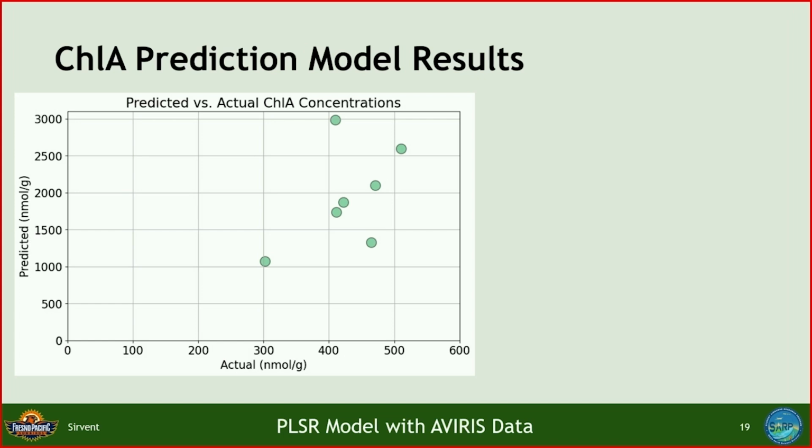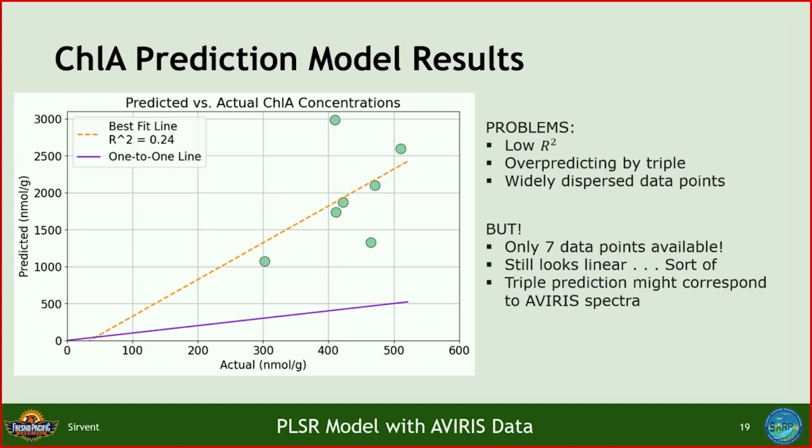If we plot the 1-to-1 line, we would expect our model to have all of the points be perfectly lined up with that 1-to-1 line. But if we plot it, we notice that the line of best fit, as compared to the 1-to-1 line, which is purple, is about 3 times different in magnitude, which is kind of a big difference. And our R-squared is not that awesome, still significant.